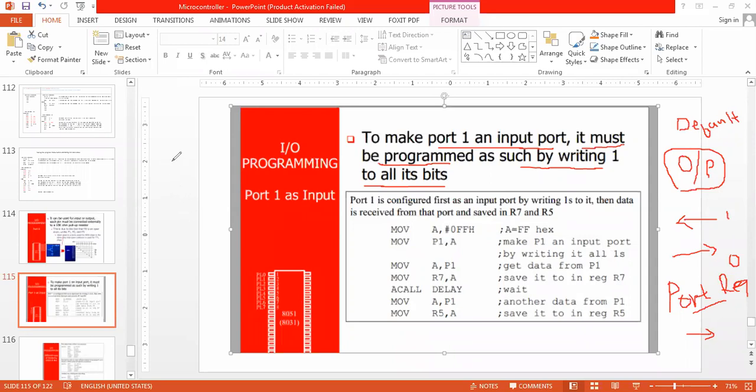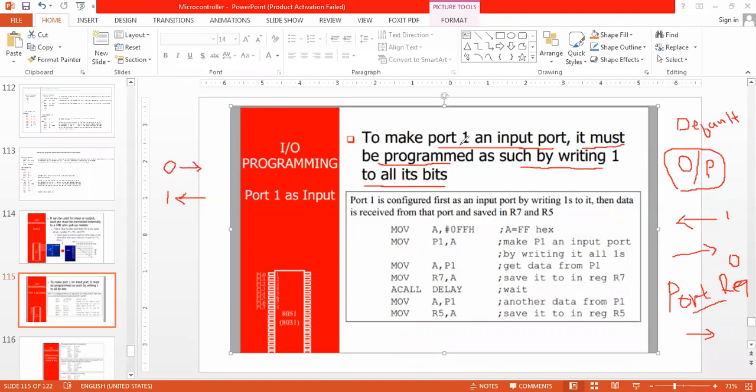If I write 0 upon a single bit or upon all 8 bits, then it is output. And if I write 1, then the pin will work as input. Have you got this? Remember: 0 means O, output; 1 means I, input.